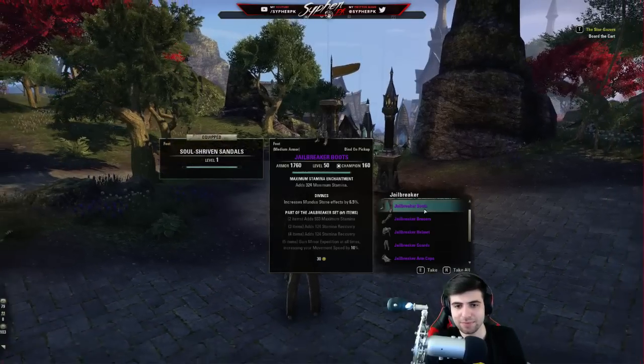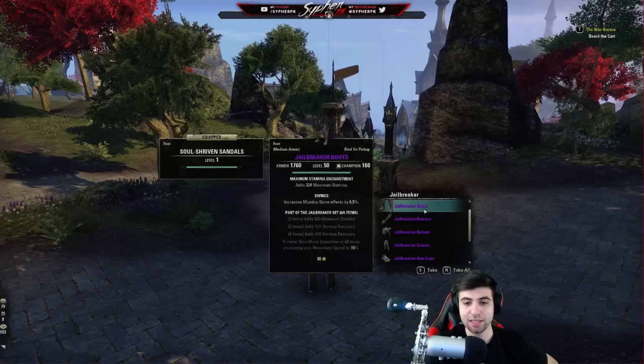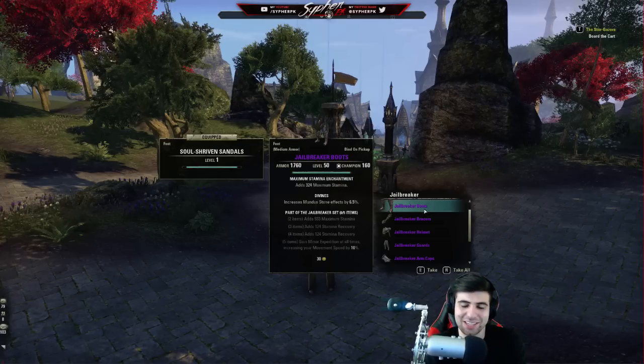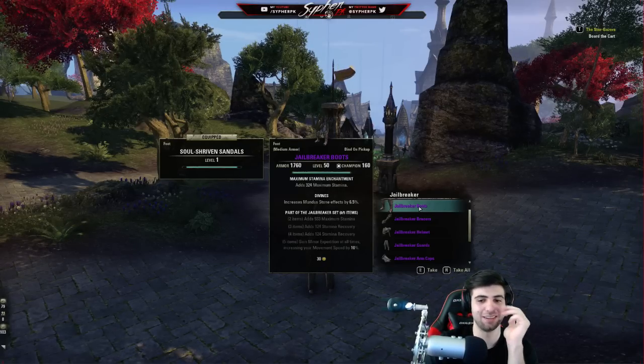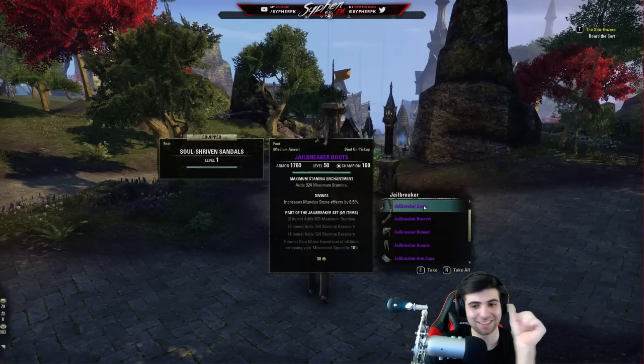Jailbreaker. Medium armor. Maximum stamina, stamina recovery. Gain minor expedition at all times. No one's going to use that, but I mean, this is a good role-playing set. Or, if you're trying to just run around really fast...